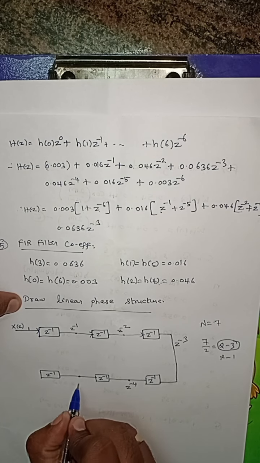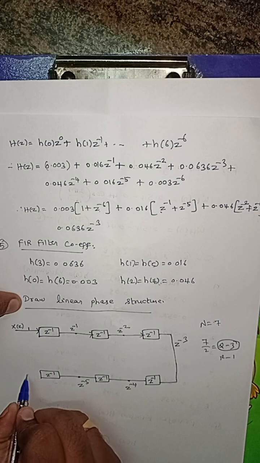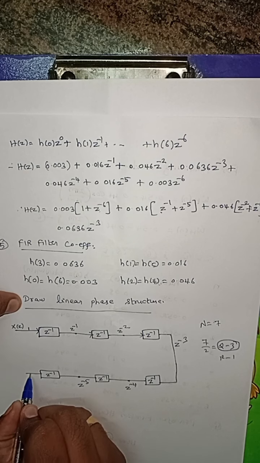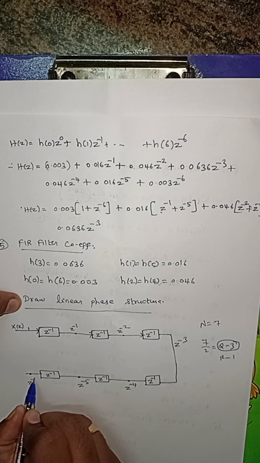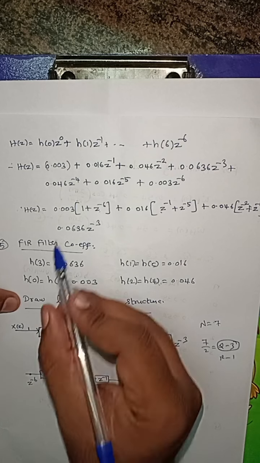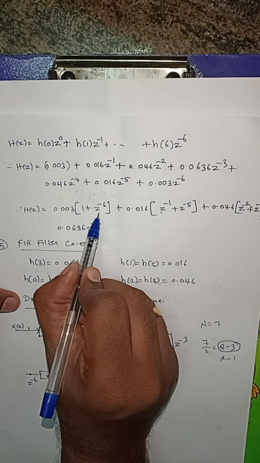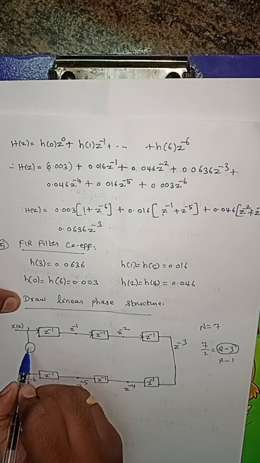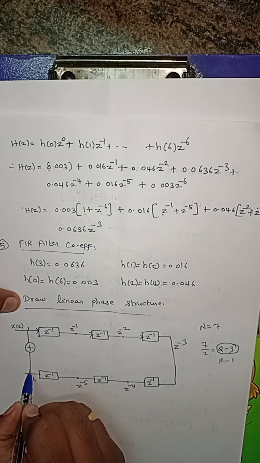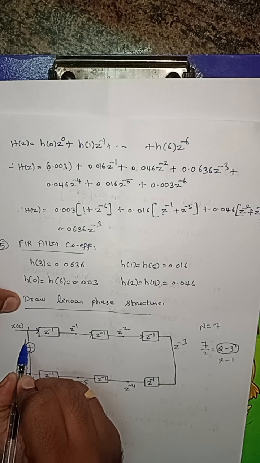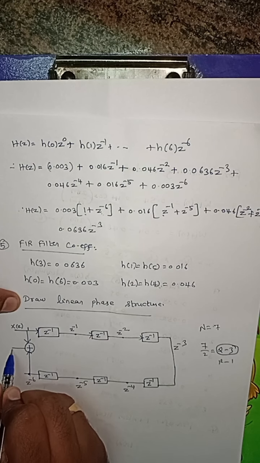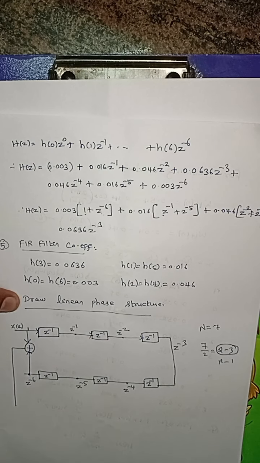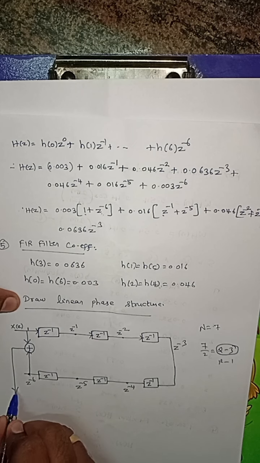Here we will get z power minus 5. So finally z power minus 5 is multiplied with z power minus 1, we will get z power minus 6. Okay, so we have to add 1 with z power minus 6. So this 1 is added with z power minus 6. So the output of this adder is 1 plus z power minus 6, and this term is multiplied with